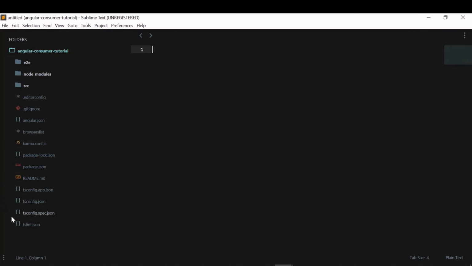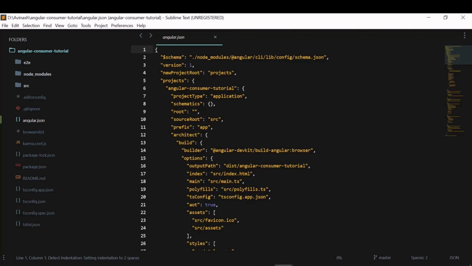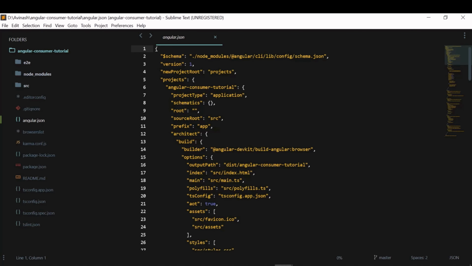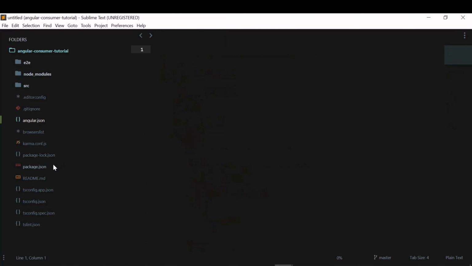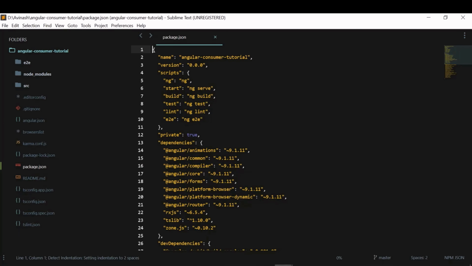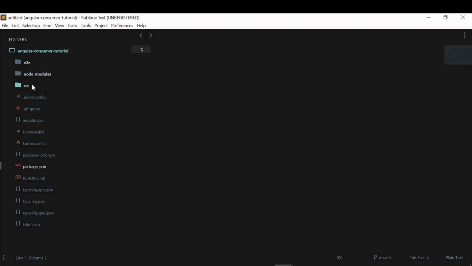So this is the default Angular directory structure. Here, these are all the folders and files, most of which I am not going to touch. These are all the basic settings files, like angular.json, where the instructions for ng serve, ng build and all such commands will be. And this package.json is responsible for all the packages which are installed. And these are all the configurations. I don't change any of this. I'll just concentrate on this folder src, and that too on the folder app.